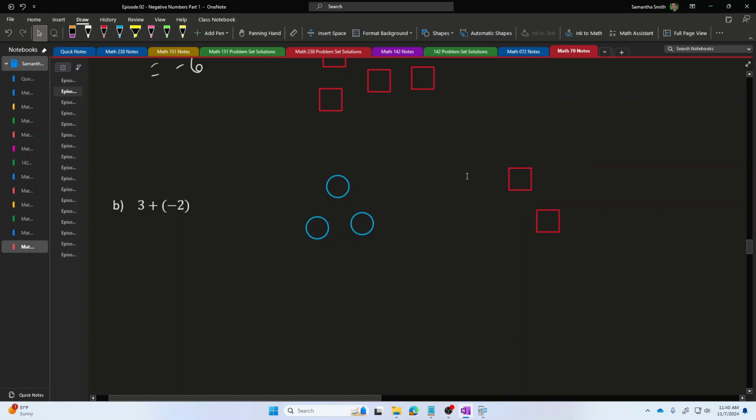Now, when I'm adding, I put these piles together, right? But when you're dealing with a pile that contains both negative and positive objects, negative and positive together cancel each other out. So whenever a positive object and a negative object join together in the same pile, they cancel each other and delete each other. And that leaves me with just one blue circle representing one positive object, giving me a result of positive 1.